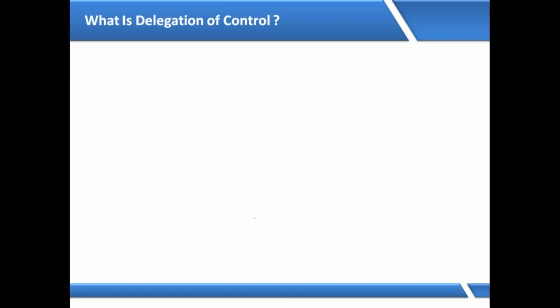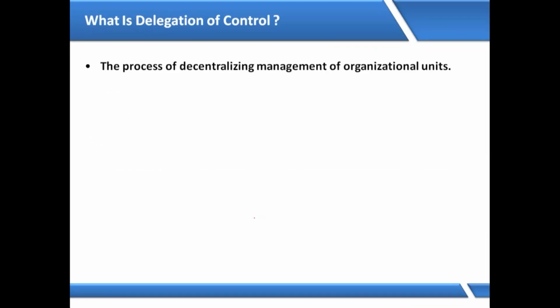Okay. Now let us see what is meant by delegation control. Delegation control is a process of giving some of the administrator privilege to the other user. We are presently working on a domain model. Domain model means centralization, everything is done from a single machine. But if your company is managing too many services and the size of your network is too large, then as an administrator, managing everything from a single machine may be very difficult. If it is a very large network and your company is maintaining many services, many products,